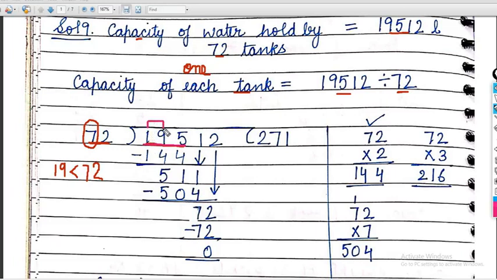7 1 is 7, 7 2 is 14, 7 3 is 21. 21 तो नहीं ले सकते, 14 लेंगे. In the table of 7, 14 is coming at 2. So that means we have got the number for our guess. तो हम 72 को 2 से मल्टीप्लाई करेंगे. We are getting 144. So that means yes, we are correct. We can keep this number here for subtraction, and when we subtract, we get remainder 51.